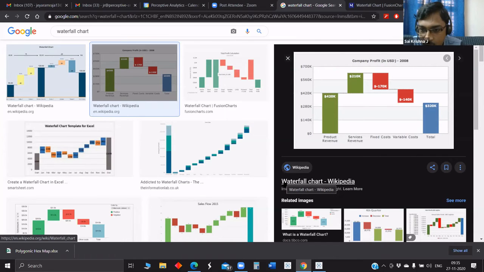See, so they have product revenue, services revenue, and I think what they are showing at the end is the profit, $320,000. So you have revenue from 2 sources, one from products and the other from services. But when you are actually talking about the income statement, at the bottom of the income statement you show what is called the net income or the profit, right? So how do you get from revenue to profit?